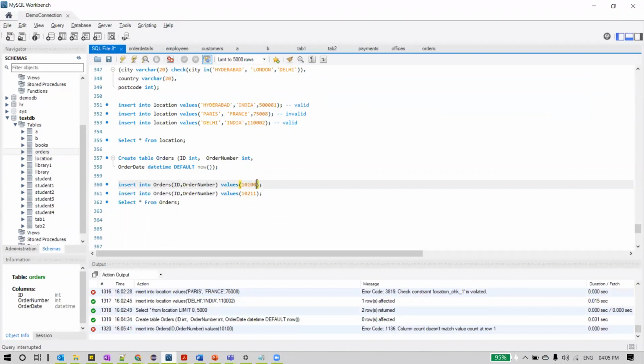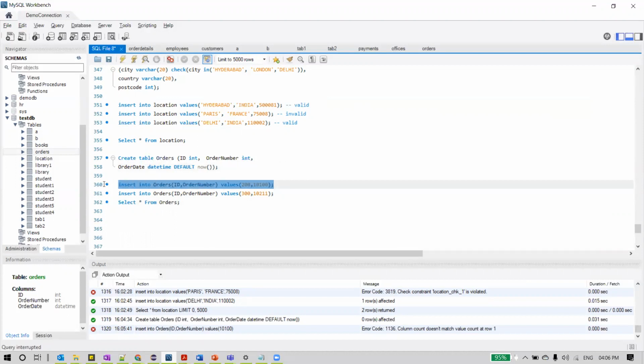Okay, we need to specify one more value, right? Order number. For example, we'll provide some 200 to the ID, and we'll provide some 300 as the ID. So you can see here there are 3 columns: ID, order number, and order date. We are providing ID and order number, only two values. The third value I'm not even providing for the third column. You can see it here.